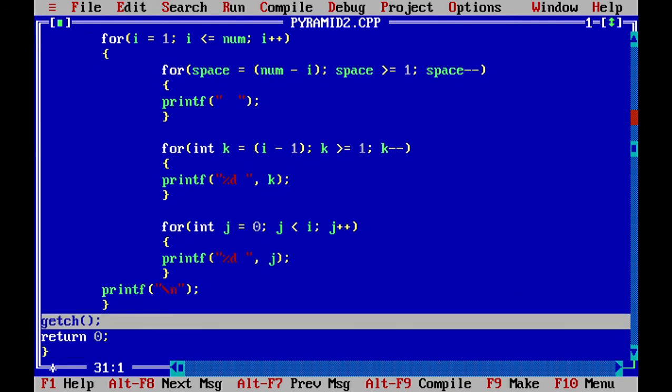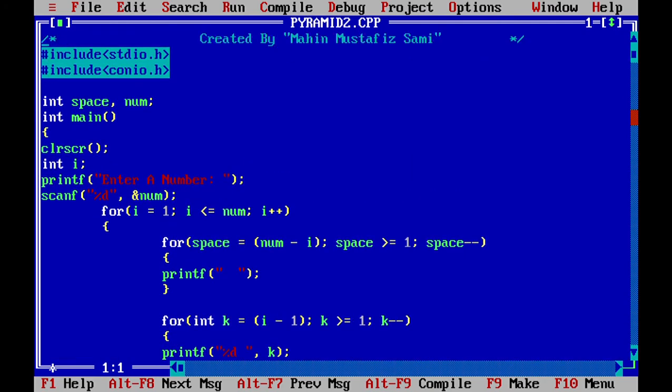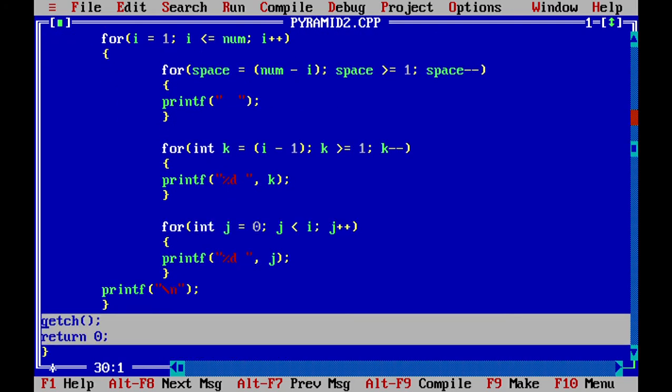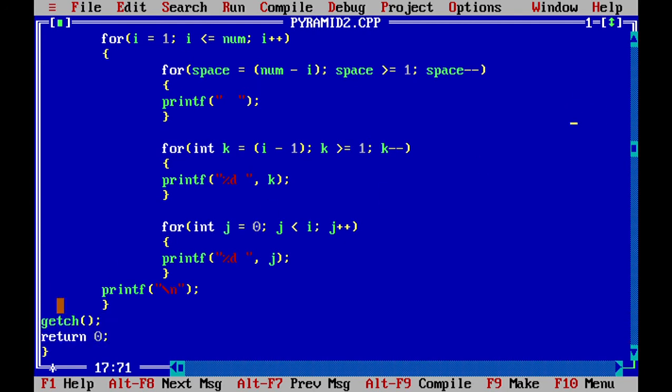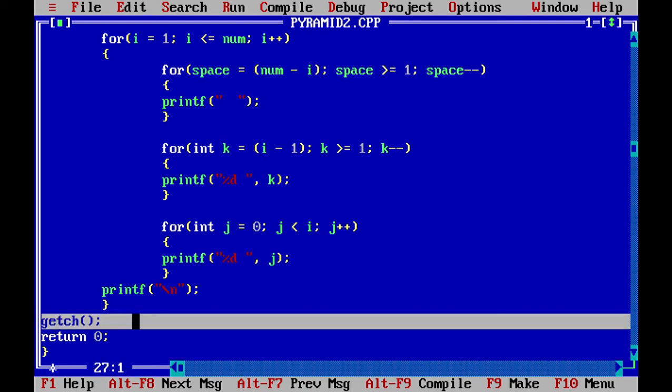At last, if you see getch and return 0, by declaring these two, I am controlling the console app, and as well as I am stopping the processing mechanism of this code. But especially if you see the getch operation here, as I have used the int main function, and before return 0 I have used getch. This getch actually means